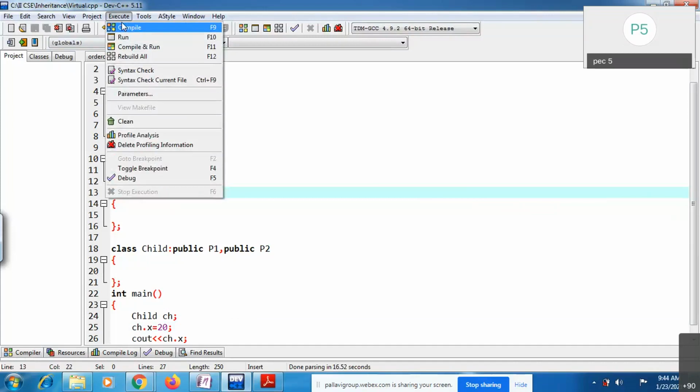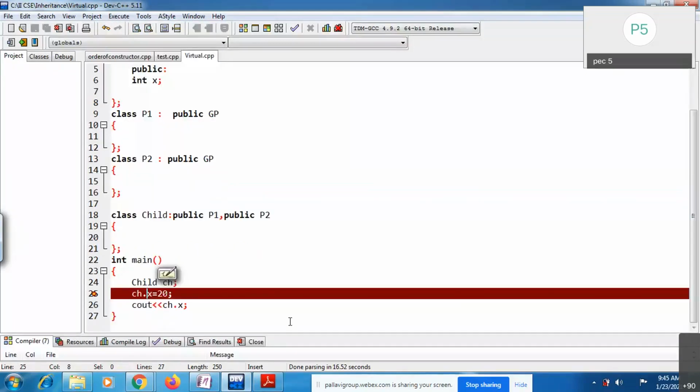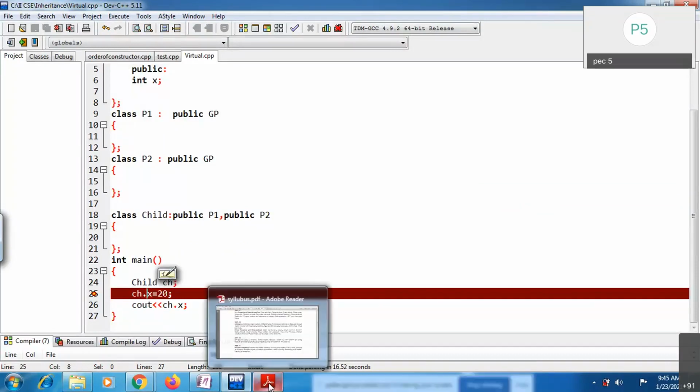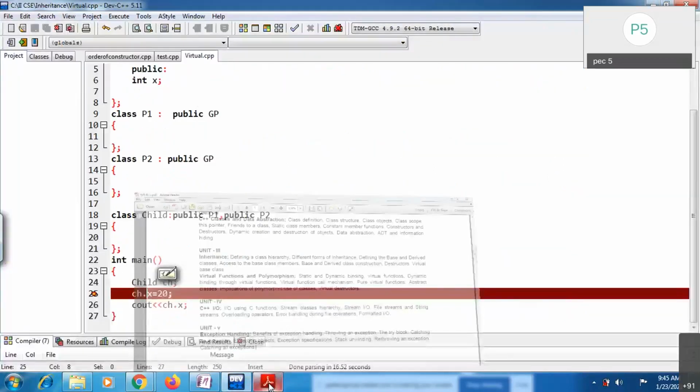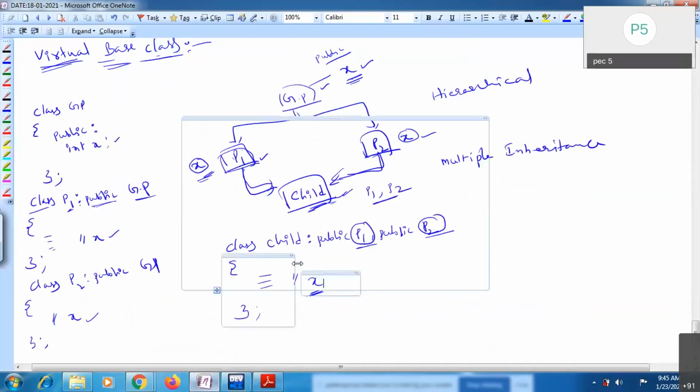So you make your base class virtual. In that case, what happens? That base class is going to share only one data member with every child class. Only one data member is shared; it is not going to copy, it is going to share the particular data member. How do you overcome it? Simply write one extra keyword before you derive into your child.